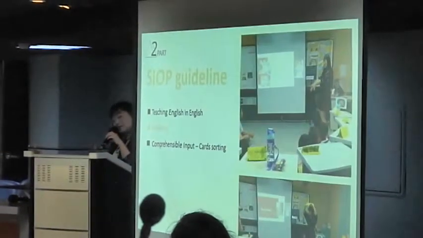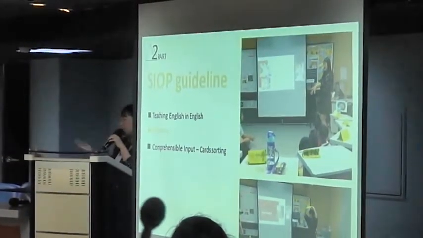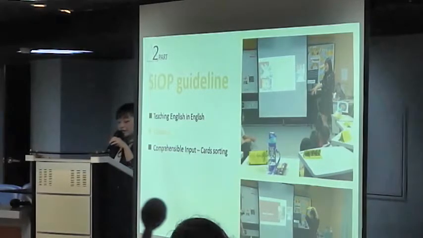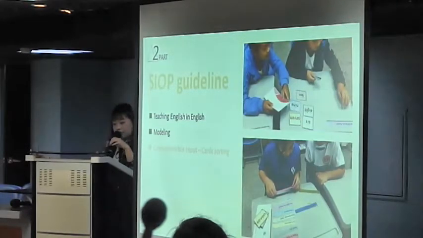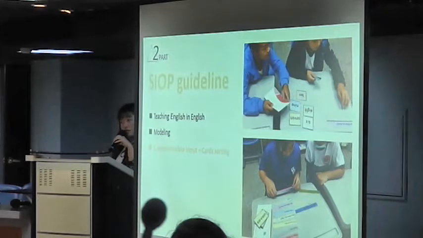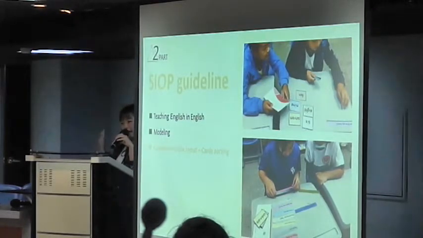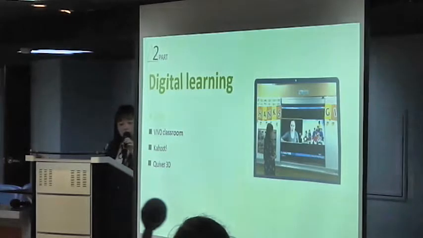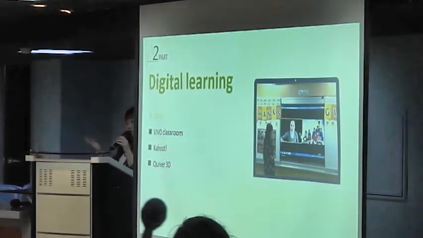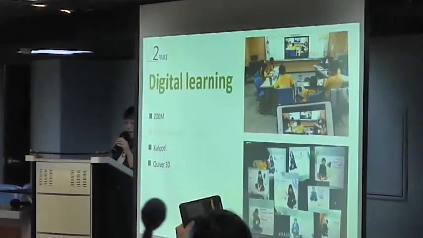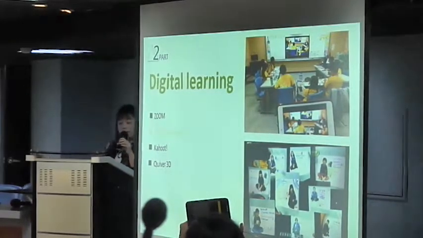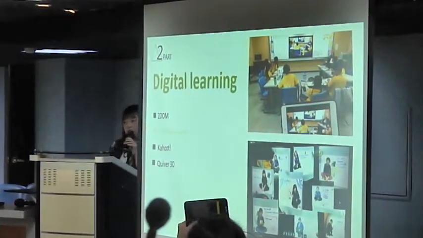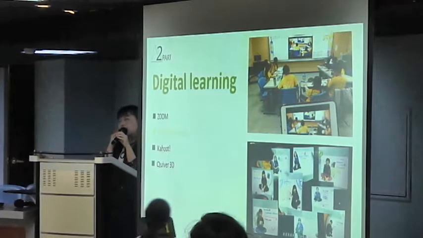And then modeling, you need to model with the club partner together to let your students understand. And then you can do some comprehensible input, like you can do a card sorting to test whether they understand the lesson or not. And then we also apply some digital learning, such as we use Zoom to do the club lessons. And in my class, I use the Vivo Classroom. I think this is a kind of immediate feedback